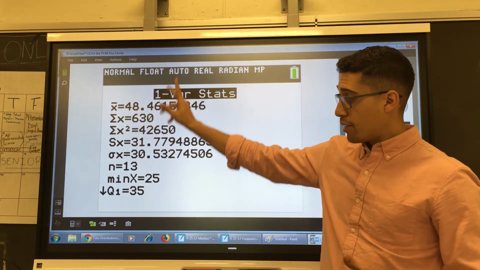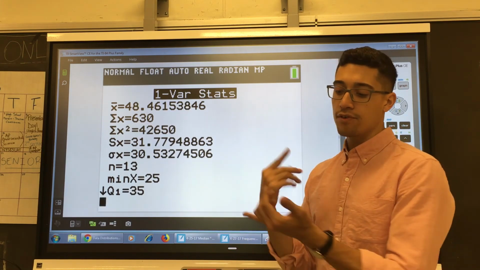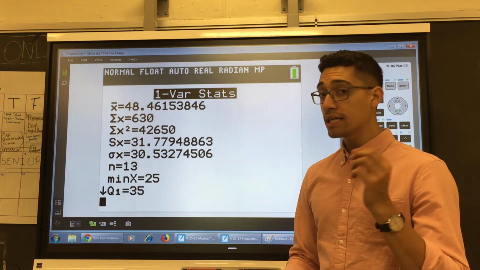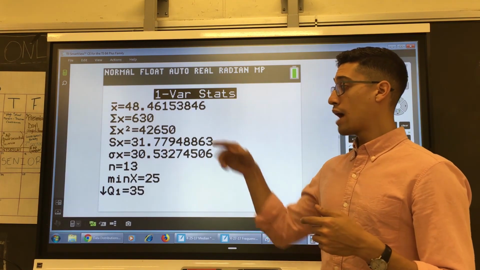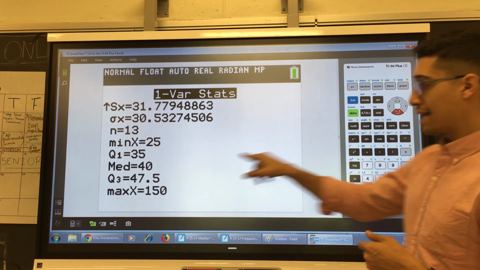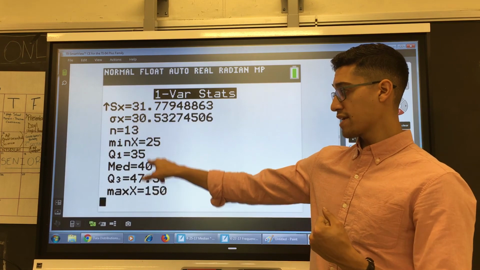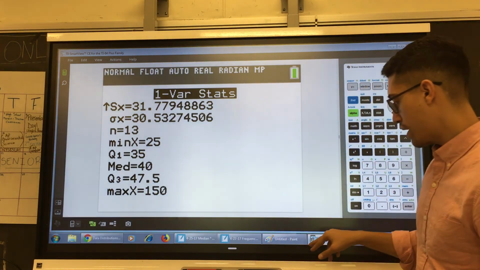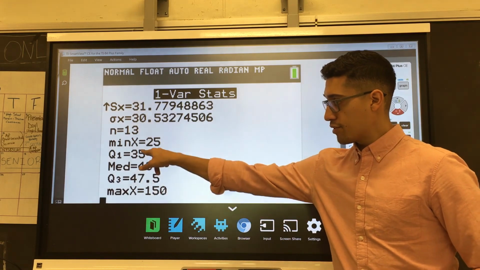So I have a bunch of data here, but remember, I don't need all of it, right? They didn't ask me for the mean, the median. I only need to know if this is an outlier, huh? So I'm gonna go and get the numbers that I need, which is this. I need Q3 and Q1. You guys got it? Q3 and Q1. So 47.5 and 35. Okay, so now I'm gonna go back over here, 47.5 and